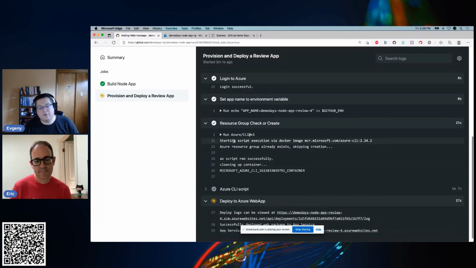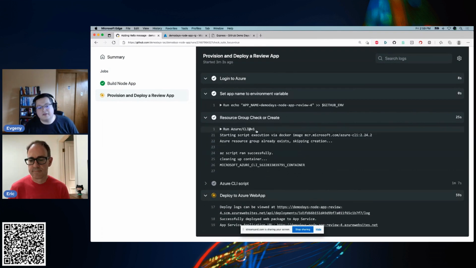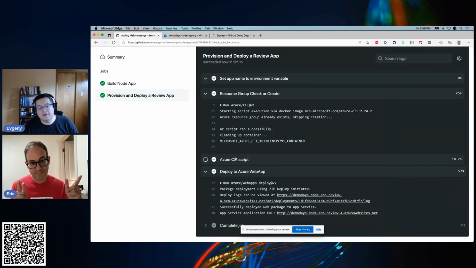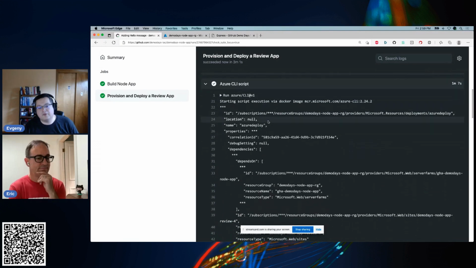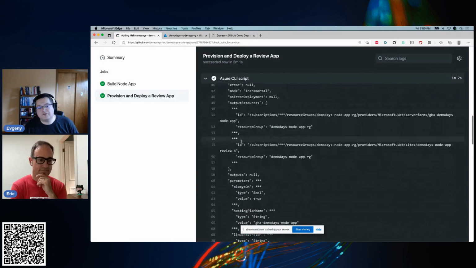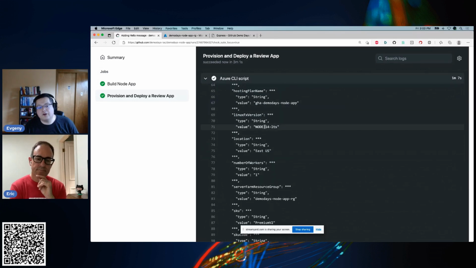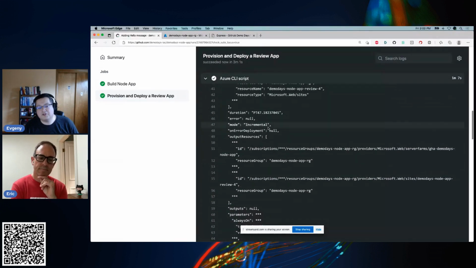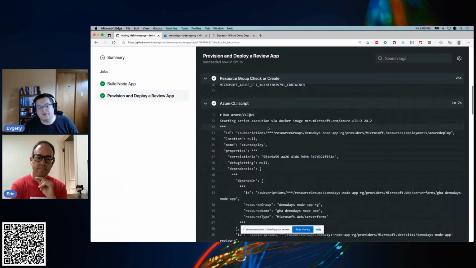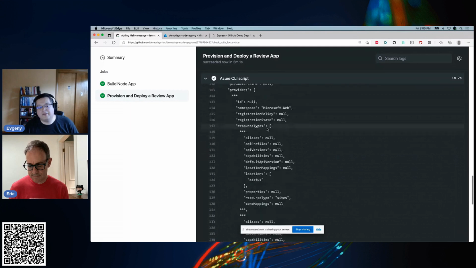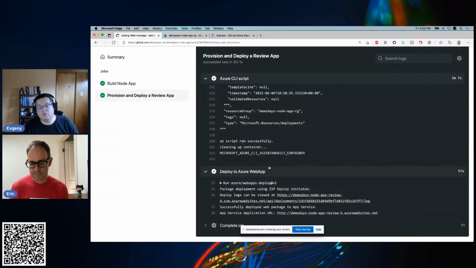And then again, we're using the CLI to go through and see if we have a resource group. Resource group exists, like we were talking about, so we're good there. We do our CLI script here to run through the provisioning of the infrastructure. You see there's a lot of JSON, and this is the JSON that we were configuring, right? In our infrastructure folder, we were constructing this JSON that now gets sent over to Azure, and Azure recognizes it and uses that to run the commands to construct our infrastructure.